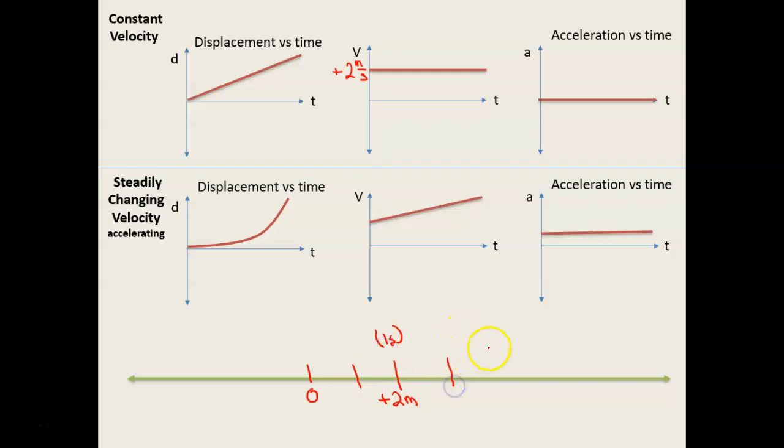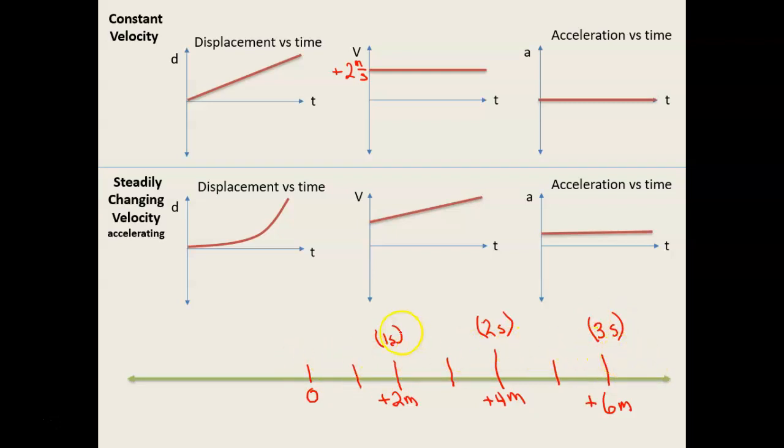And then another 1 second later, we'd be at positive 4 meters. This would be after another second. We'd be here at 2 seconds of time, and so on. Every second, since our speed is 2 meters per second, we cover an additional 2 meters of distance or displacement. Okay? And when we're traveling in a straight line and we're not changing direction, distance and displacement are